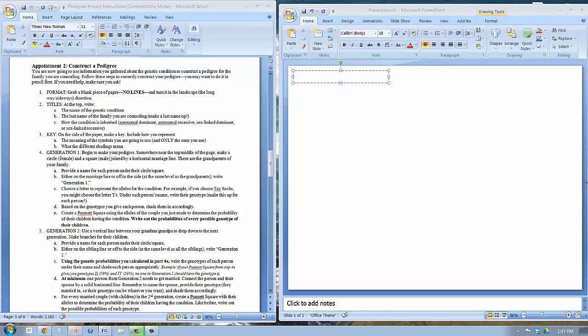Please note also, doing this part typed is extra credit. You can do this by hand, so if you just want to get a piece of printer paper, go ahead, take one out of the printer, and work on it while my video is playing at the same time. That is no problem. Alright, so your first thing, turn your paper sideways and write the name of the condition